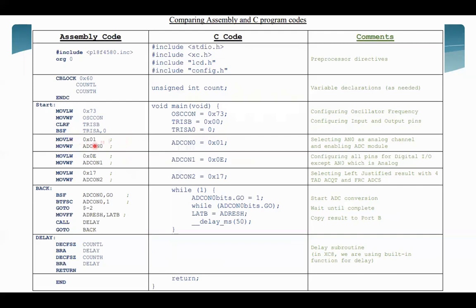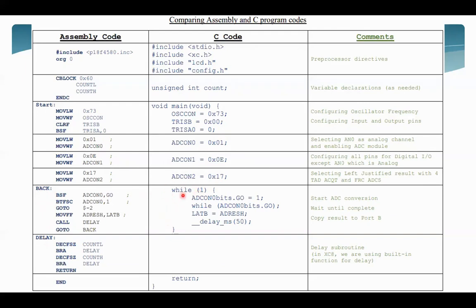Then we have MOVLW 0x01 and MOVWF ADCON0. So ADCON0 equals 0x01. So this is the name of the register ADCON0. Similarly, ADCON1 equals 0x0E, ADCON2 equals 0x17. And since we have a continuous loop here, back and goto back here, we can write an infinite while loop,